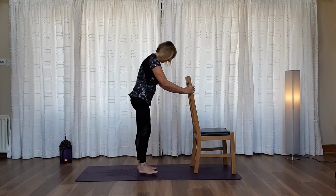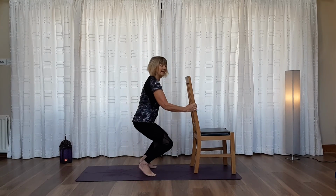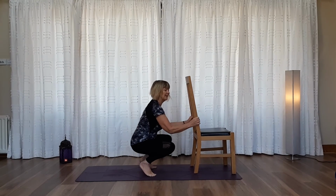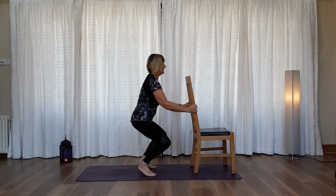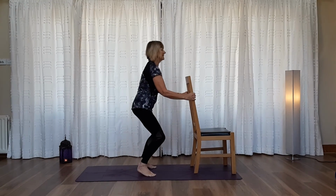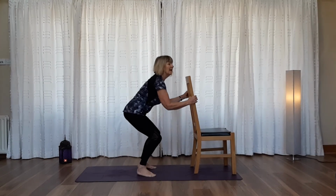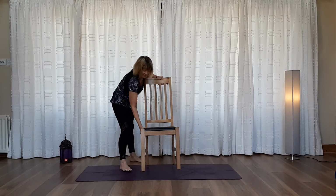And then coming back a little bit, again the legs are wide, and then into a squat. So you glide down. So you might just come down a little bit, so you might just come down to here, or you might come right down into a squat, and back. And try to keep the spine nice and tall. Put the movement into the heels, into the feet, and back, and one more, and back. Now come back to sitting on the chair,